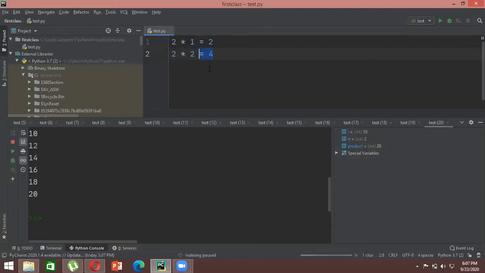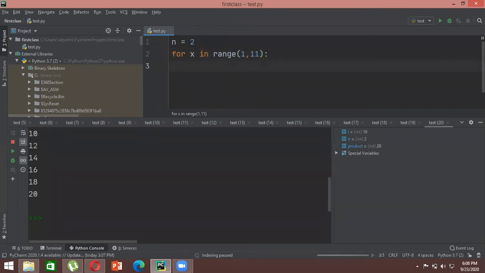Okay, so what we can do is start with an arbitrary variable n, and assign it a value of 2, saying that we are going to print the table of 2. So we have taken a variable and assigned it a value of 2. Now we can consider any number, let's say for x in range. Our first number will start from 1, since 2 ones are 2, and we have to go till 10. So what should I write here? 11, yes, because it will take one less than the end value, so it will be 11.